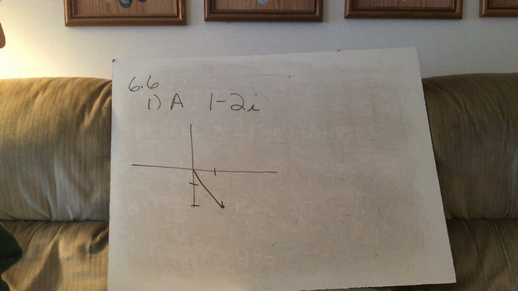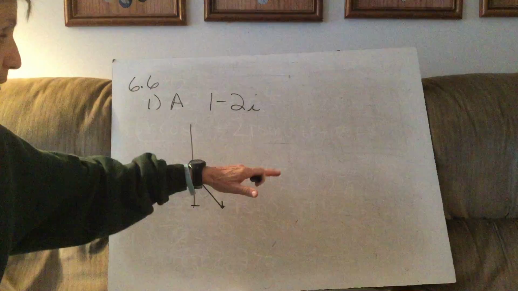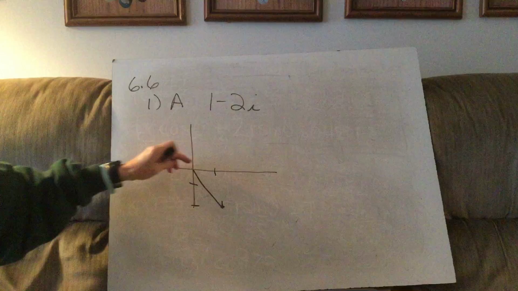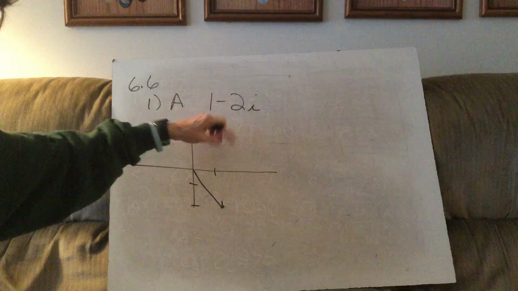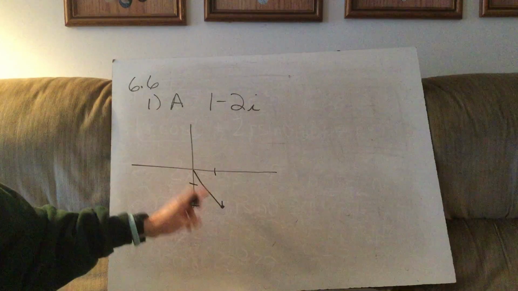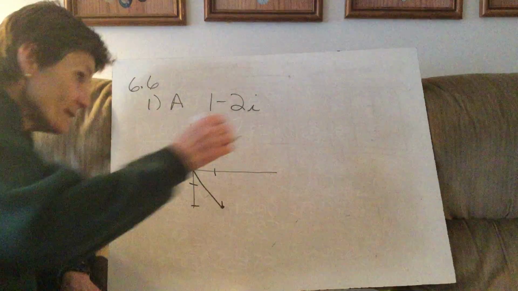So that's it. That's all there is to it. Please don't let the i confuse you. This is what we call the real axis. This is the imaginary axis. So we plot the real number over 1 and then down 2. So that's all there is to it. And then draw a little vector in there. Done. So B says